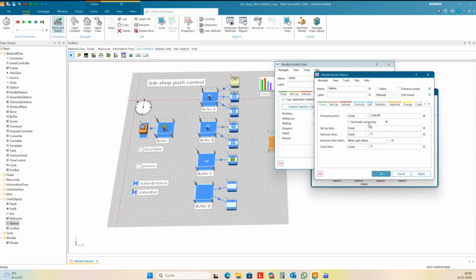You have the SimTalk command for this, and you just need to wait until the time is reached. For me, it's not a simulation, it's just a visualization of your schedule. And so we need to be careful not to fight against the event controller plan from Plant Simulation.